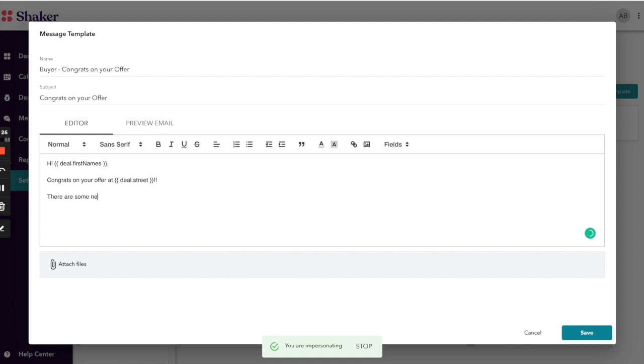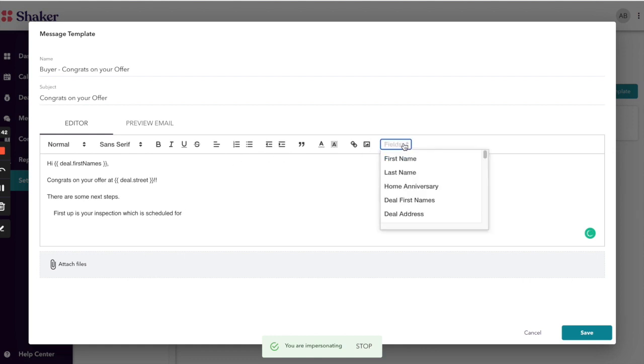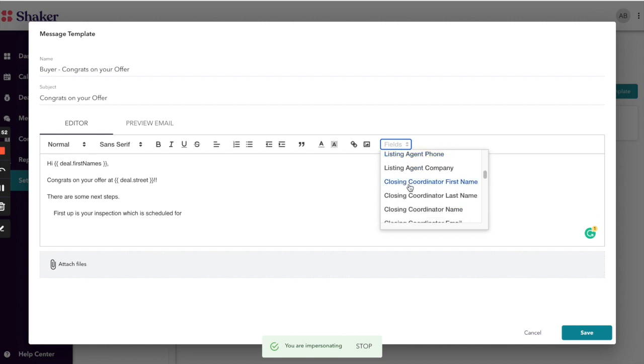There are some next steps. First up is your inspection, scheduled for, and then I can go through this fields category again. As long as I've filled out the field on the deal stage, which we'll walk through, you'll be able to go ahead and pull this information without having to find it and